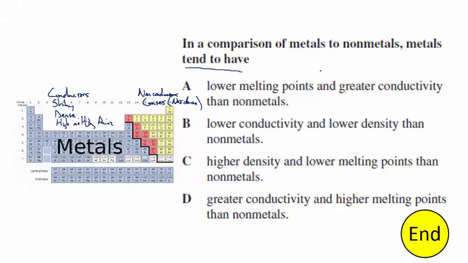Lower melting points and greater conductivity than nonmetals. That could be the choice. Back to that melting points one is going to throw us off, I think. Lower conductivity, I'm going to throw that one out right away. Higher density and lower melting points, well, this one could be correct. Greater conductivity and higher melting points than nonmetals. I tend to like this answer the best,